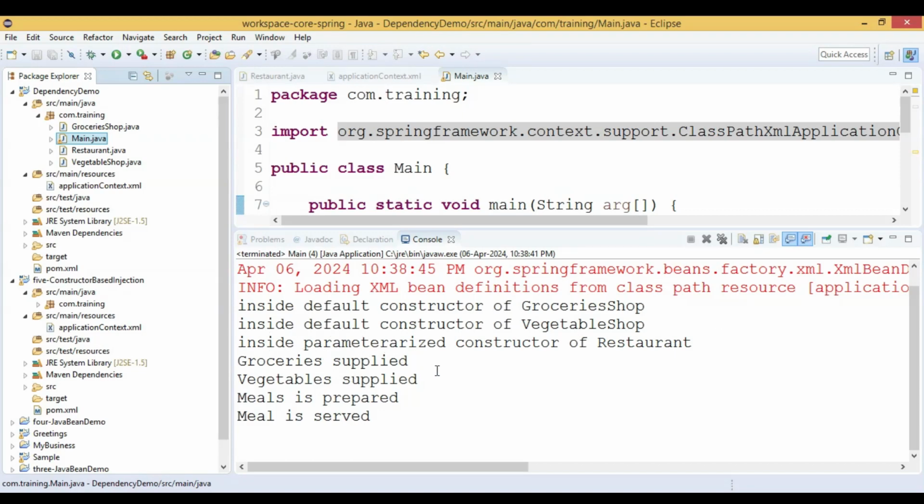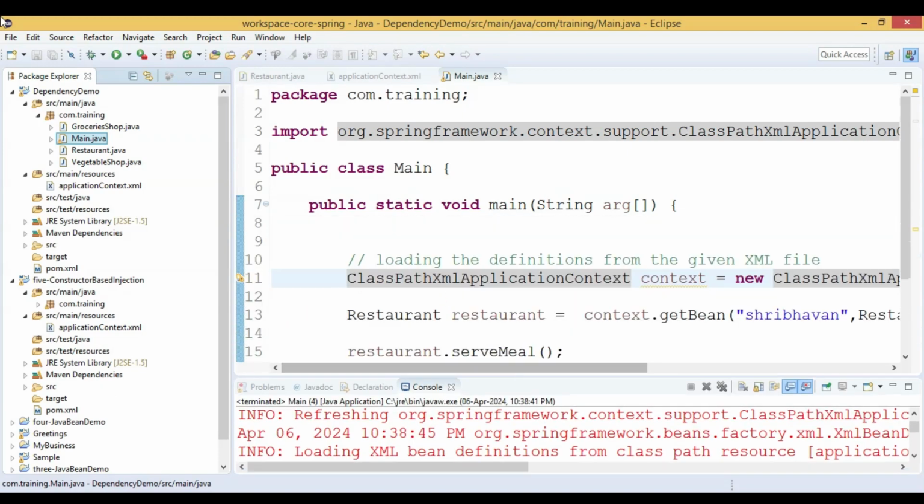Then the supply groceries method is called, the supply vegetables method was called, the prepare meal method was called, and when the prepare meal method is called, meal is prepared is printed. When the serve meal method is called, meal is served is printed. So in this way, the Spring container helps us to create the dependencies, and it will inject these dependencies. It is called wiring a bean. Okay, so this is about